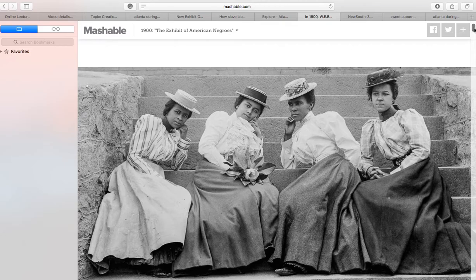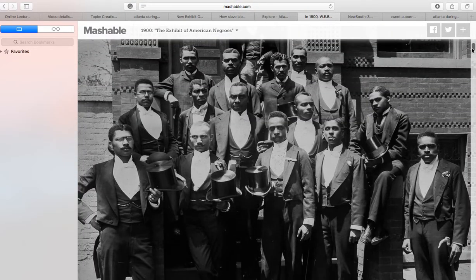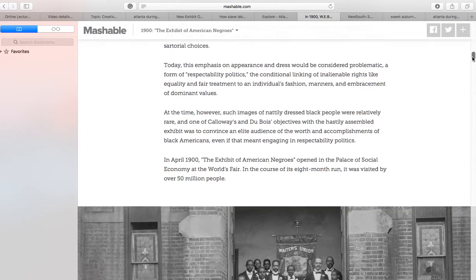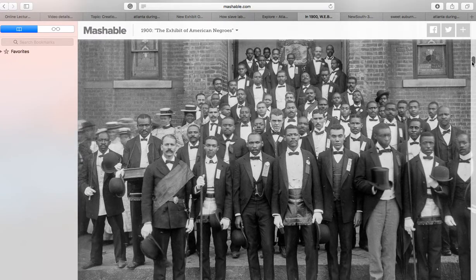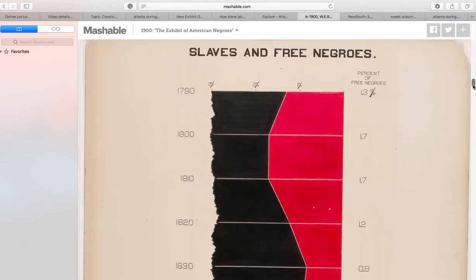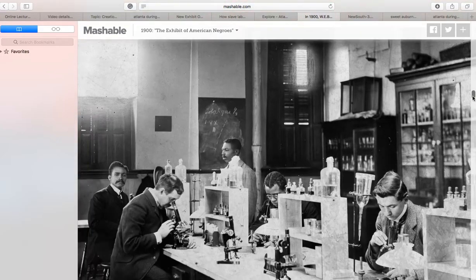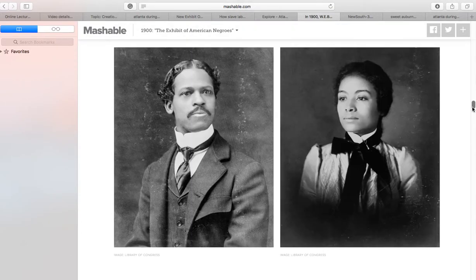They are walking around in the exposure of all that is the Georgia heat and air, and just the remarkableness of their clothing, their posture, and the grace that you see throughout these photographs. These photographs are a counter narrative to what people in the world thought of African Americans in 1900 during an age of white supremacy. What we see is Black excellence depicted at every corner, whether it be biology, lawyers, and portraiture.